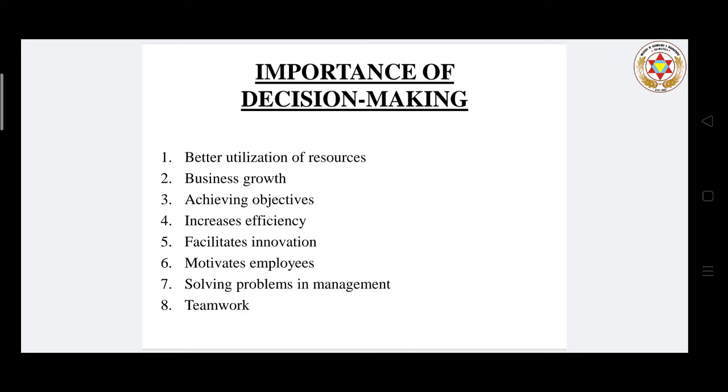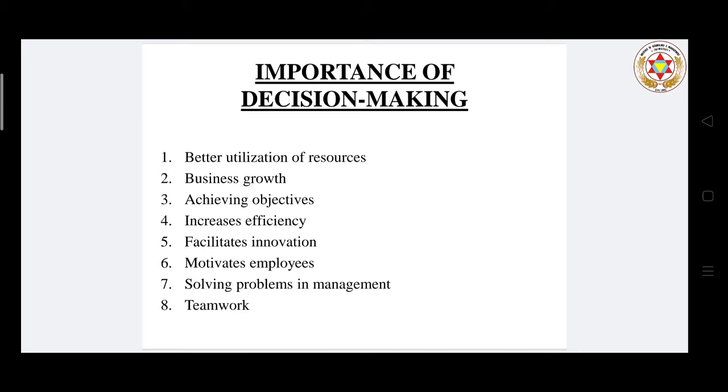It helps the management to procure necessary data and information. So it helps the business to grow. It helps the managers to achieve objectives by taking decisions. It facilitates innovation. Then it motivates the employees, and it also helps in solving problems in management, and it helps in teamwork also. So basically management and decision making are inseparable,